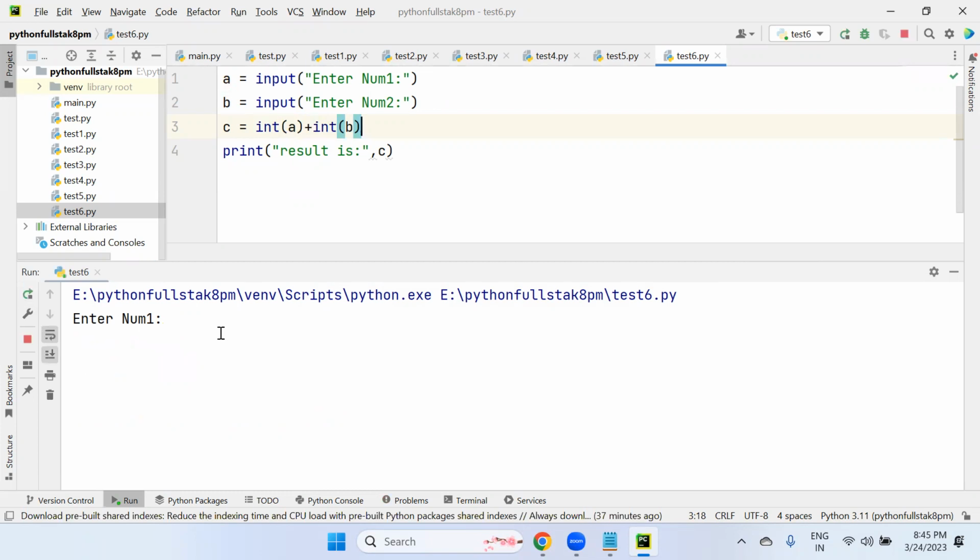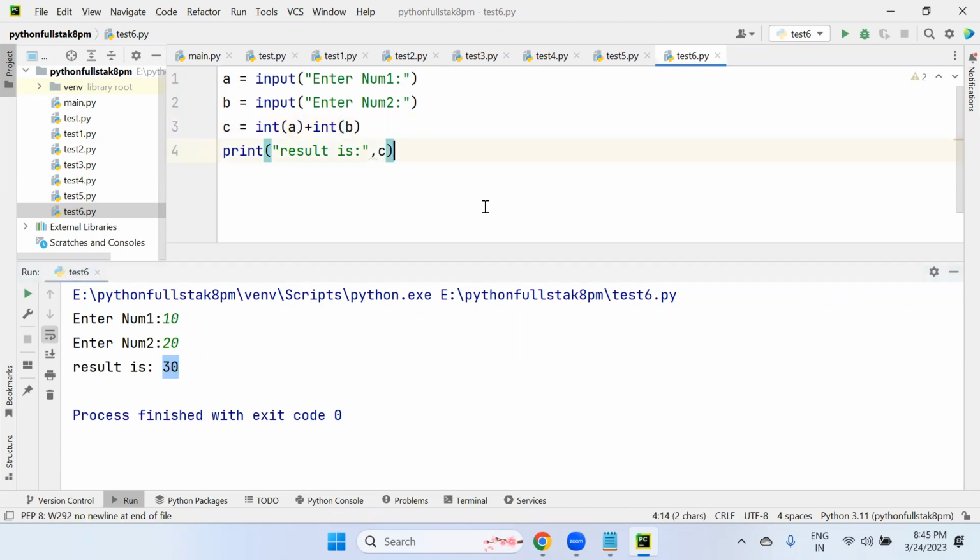Now if I use 10 and 20, you can see 30 is coming, yes. Got my point? Your expression needs to be changed, Mr. Atul. So not int of a plus b. After a plus b, you are trying to do integer, but that was already a string, the string value is holding that.